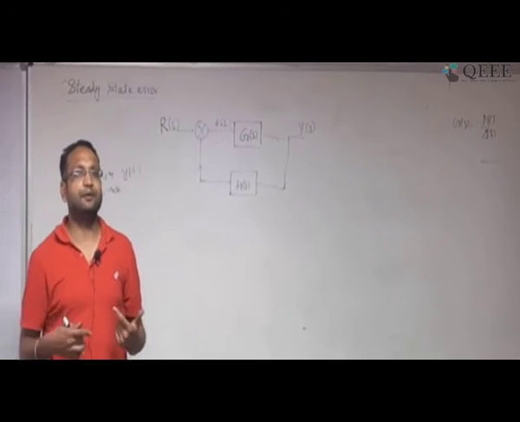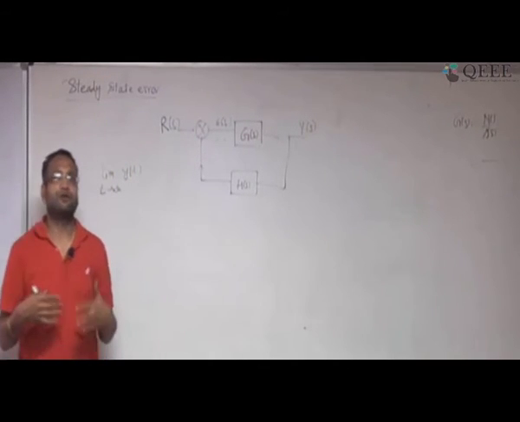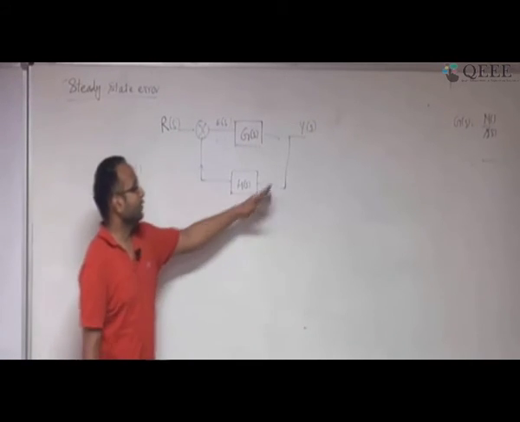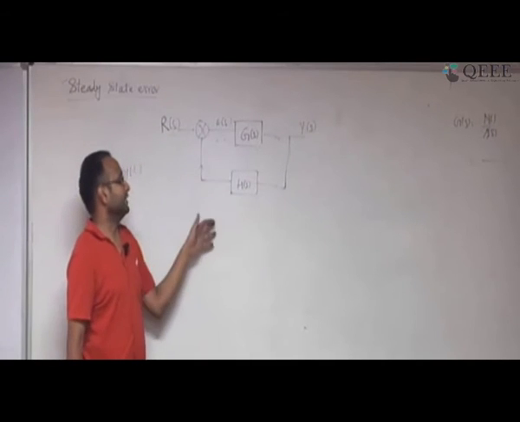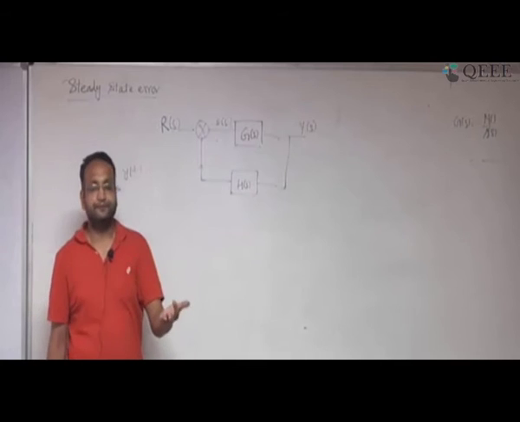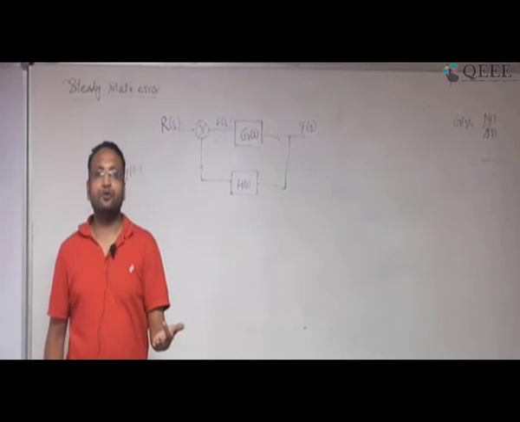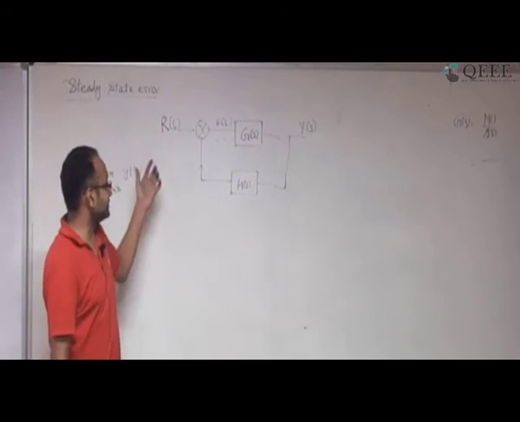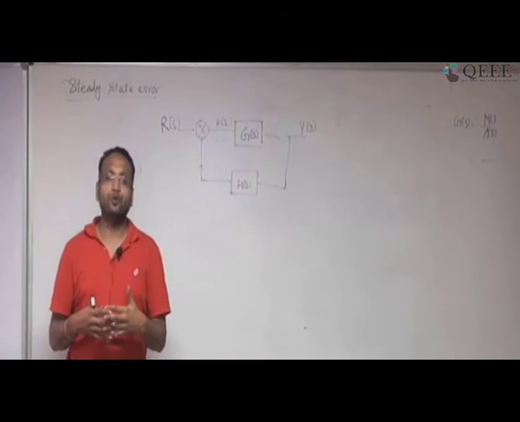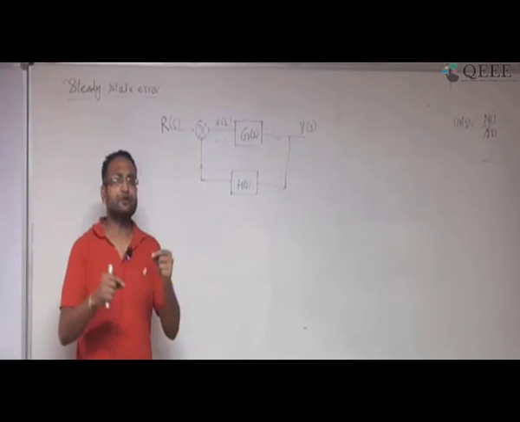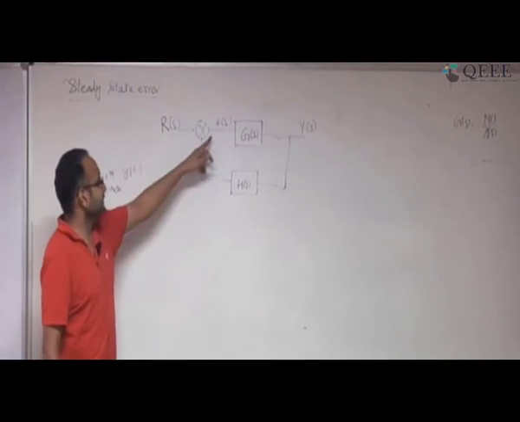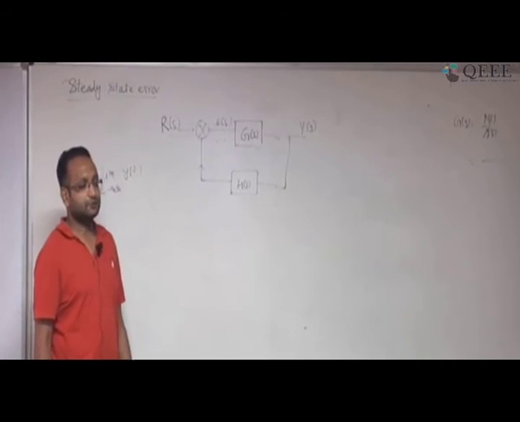Now take the example of controlling the temperature of a room. So you know the reference temperature is suppose 25 degrees centigrade and your actual temperature is suppose 23. The difference is going to be 25 minus 23, which is 2. So that is the error. Now what you want is to give the input in such a way that you reduce the voltage or whatever the flow of the steam in the room, so that the difference becomes 25 minus 24.9 something. Okay. So what you want, this error should be as small as possible.